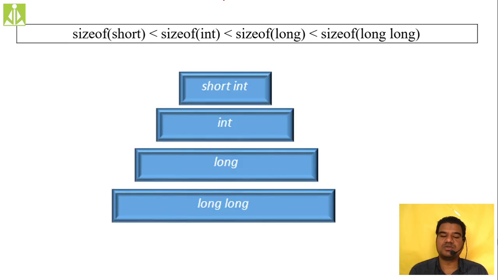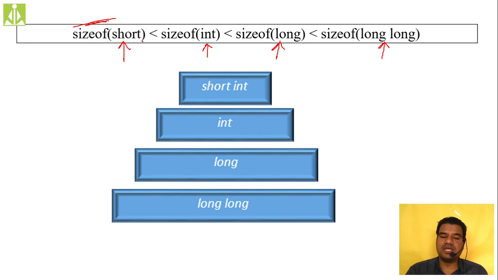So just go here and see this figure. This sizeof is a way to get the allocated memory. When you are creating a short variable, how much memory is it going to consume in your computer? To see that, we use this sizeof operator. This sizeof operator is helpful in knowing the size allocated to this particular type of variable. Same thing for integer, how much memory it will allocate, long, how much memory it will consume, long long, how much memory it will take from the computer memory. So just to know, we are using this sizeof.